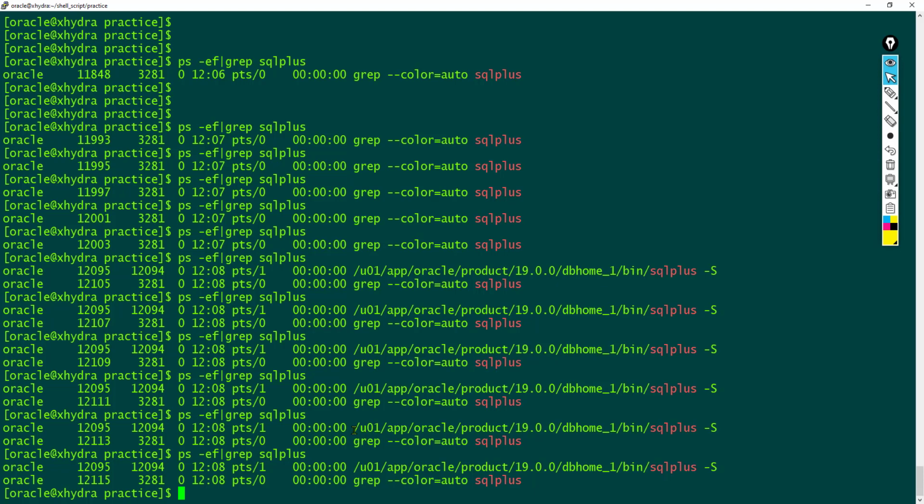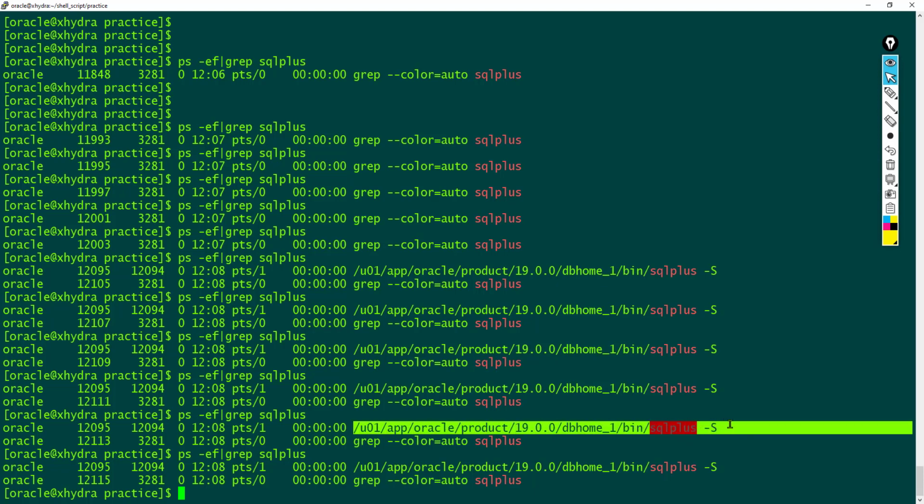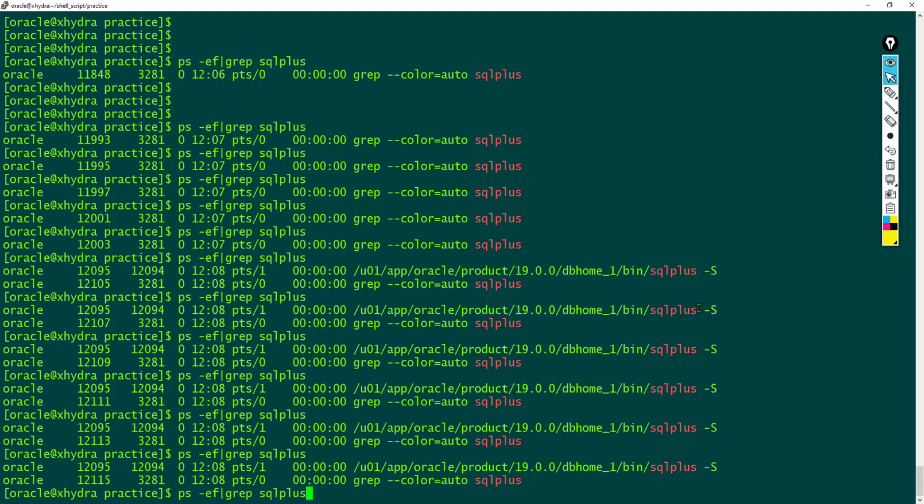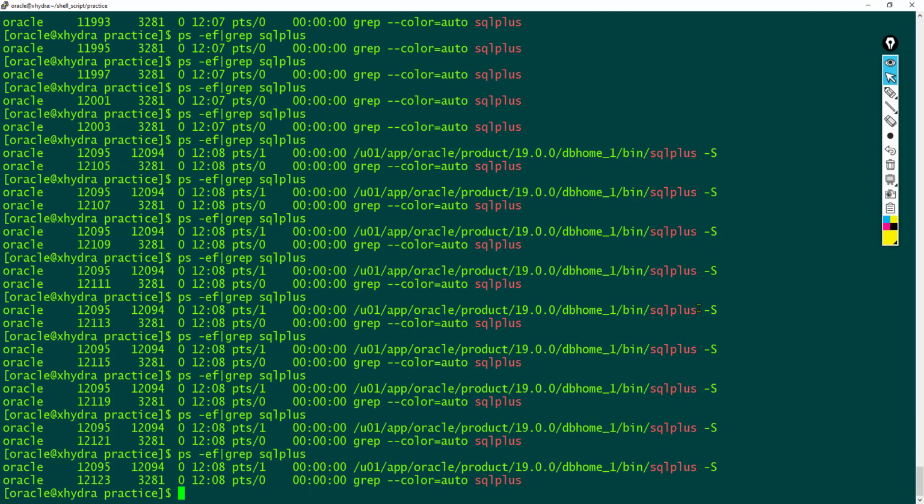Now you can see that there is a SQL Plus process which is printed in my command line. It has not printed the password or the username in this process, but